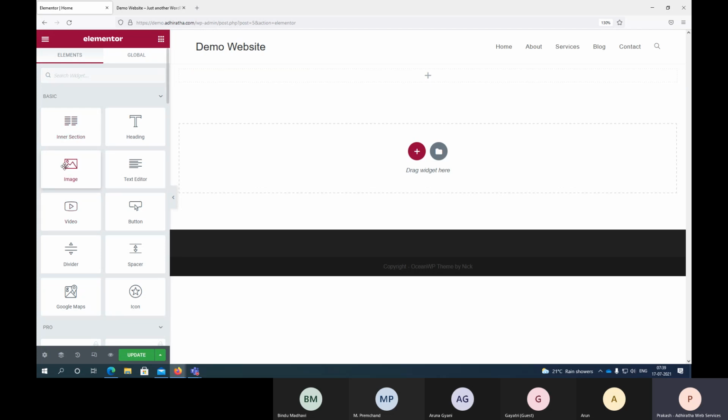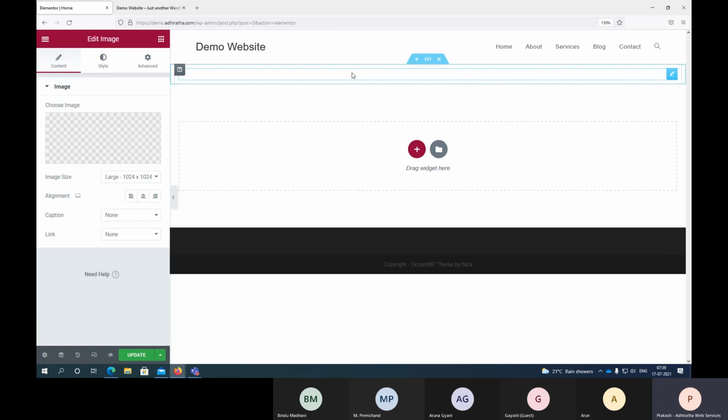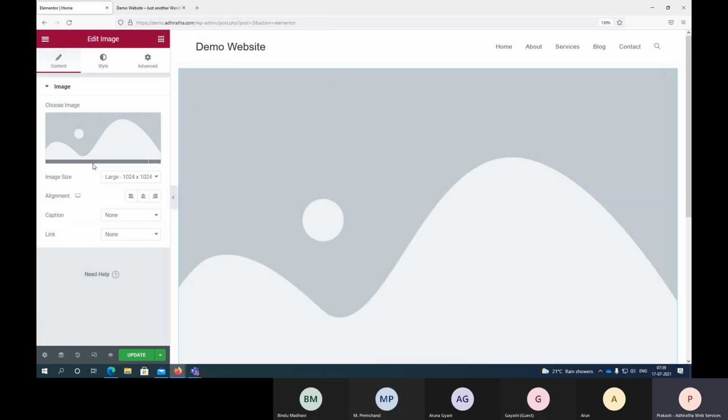So what will we add here? Maybe an image because I mean home page, right? So I want to add an image. So what I'll do, I'll just select the image and drag and drop here. Done. Now choose image.